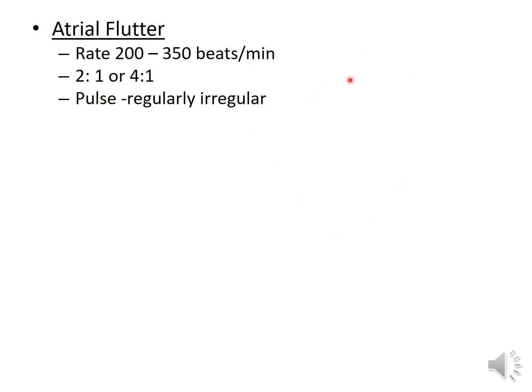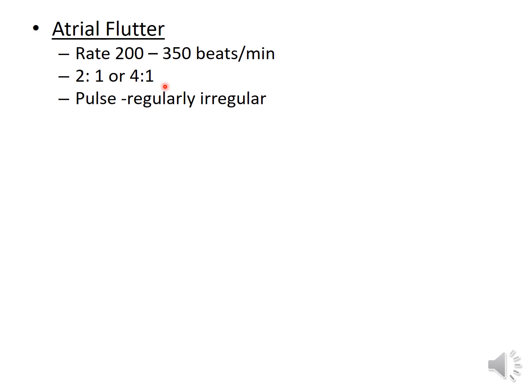Then there are a few other common arrhythmias, terms which we should know. Atrial flutter. This is a condition in which the SA node produces beats at a rate of 200 to 350 beats per minute. And in this, the AV node cannot cope with such a high rate of firing. So again a partial AV block establishes, and every second or every third beat is a drop beat. So there is a sequence of 2:1 or 4:1, and when we check the pulse of the patient, the pulse is regularly irregular.